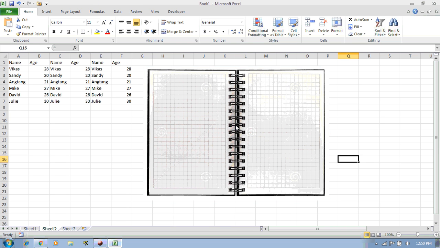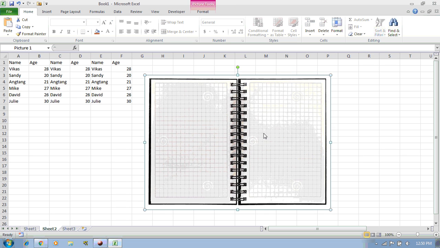If you can remember this type of notebook which we used to use when we were going to school, for the maths classes we used to use this type of notebook. This is the notebook where we can do our calculations.